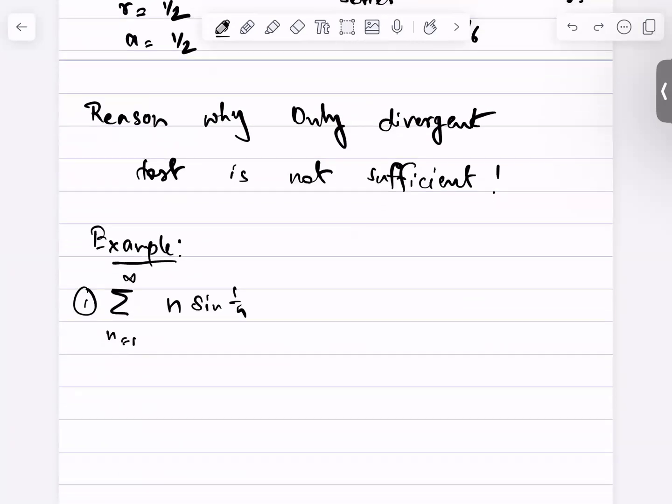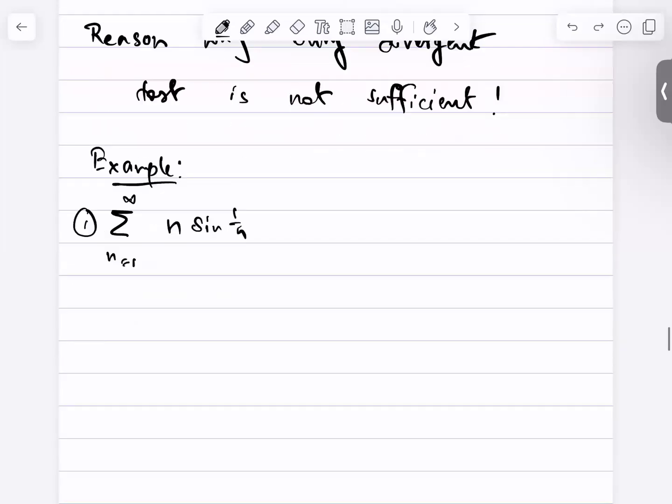Okay, now the next question is, what's the reason why we need some more tests to conclude that certain series converges or diverges? Because the divergence test, as I already told you, deals only with diverging series. We can't tell a series converges using the divergence test. Okay, so